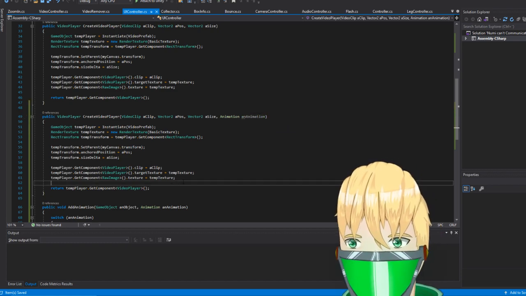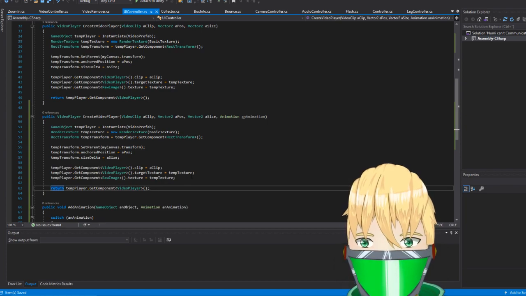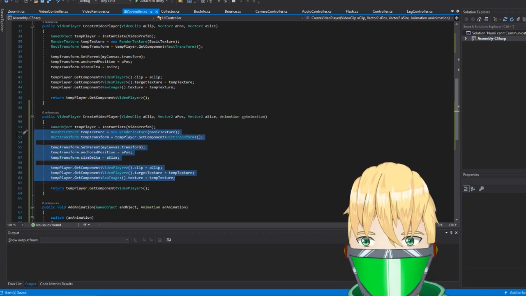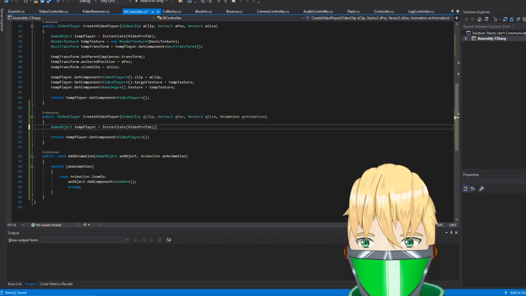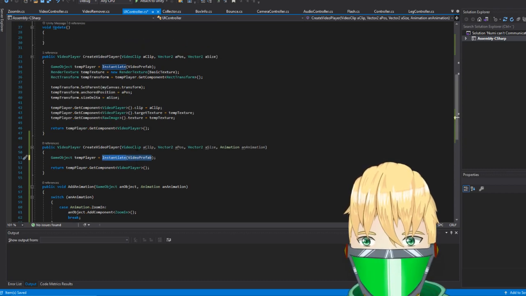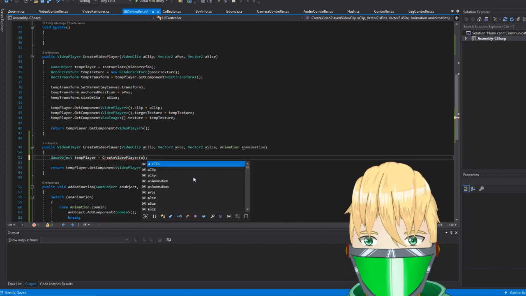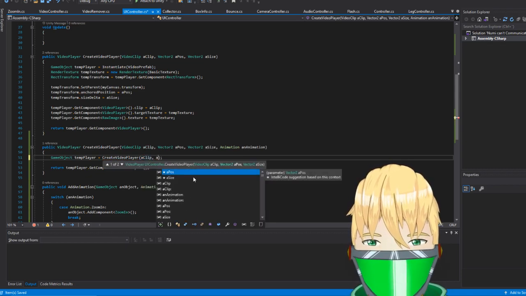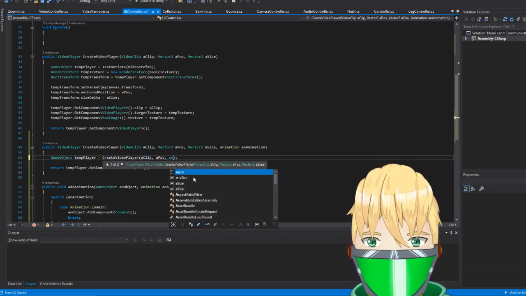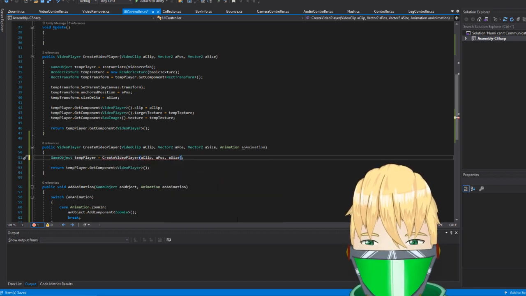And then we can literally just use pretty much all the things we have already. So we'll just set the game object to create video player. So we don't have to actually have this clump of code, which is so useless. Then we'll send in these things.